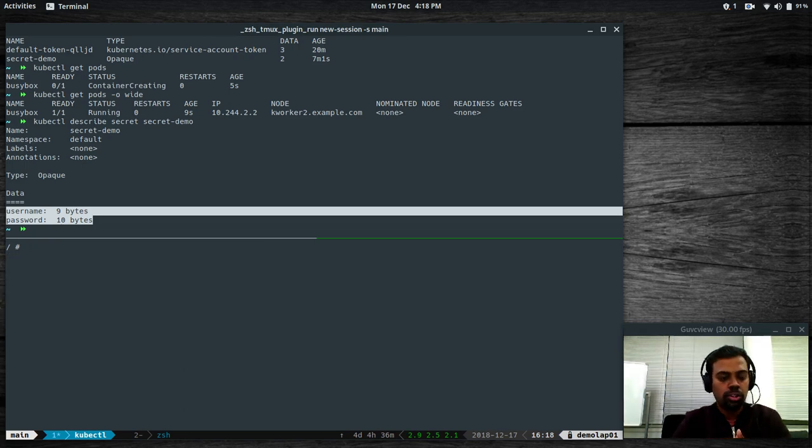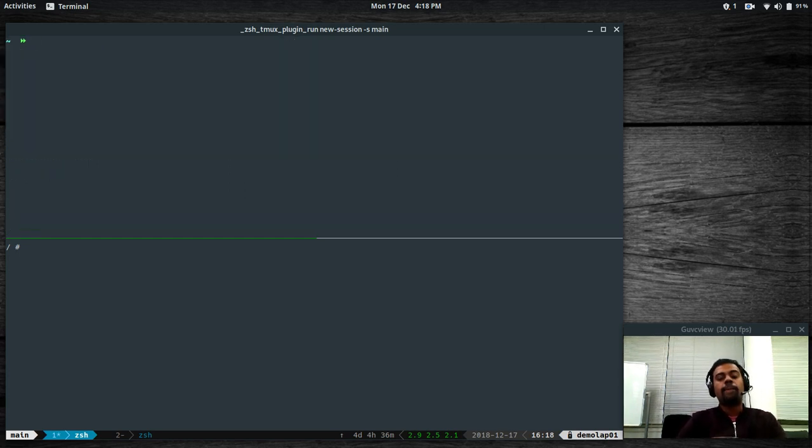One other thing I wanted to show you, which didn't work very well in my case, is the advantage mentioned in the official documentation. I read through the documentation just now, and it was mentioned that you can update the secret dynamically and the pod will get the updated value. But I guess it's not working. It only works for newly created pods, not for the one that's already existing. So if I exit out of it